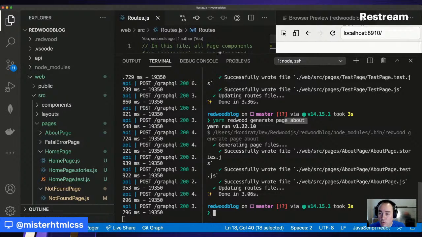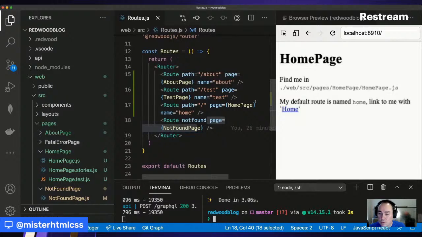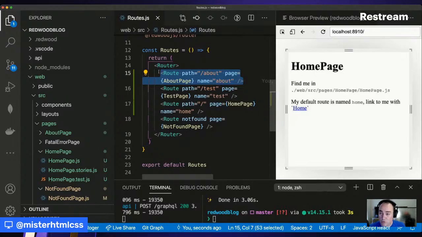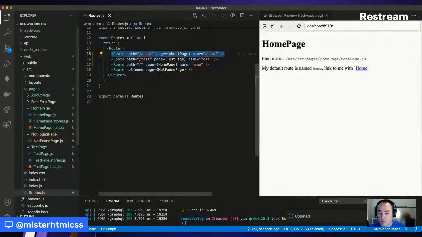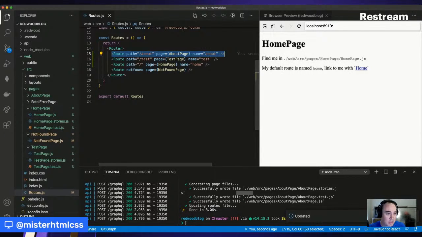And if I go to routes, where is it? About. Look at that. It does the whole thing. Route. This is cool. That's cool. Does that all for you. Little things that make your life easier, right? Okay, so I generated the page. Notice that I didn't specify a path. Okay, as long as they're linked, like